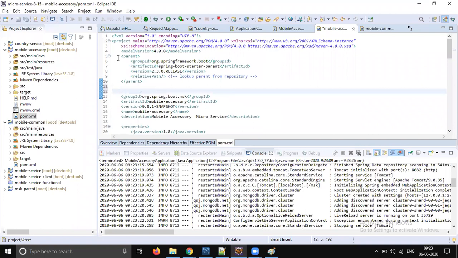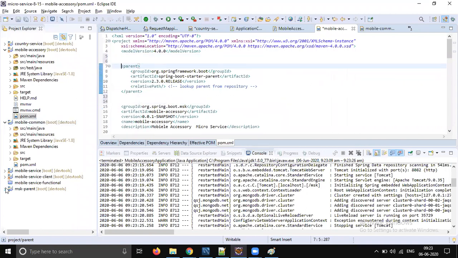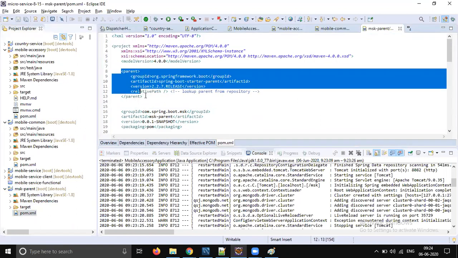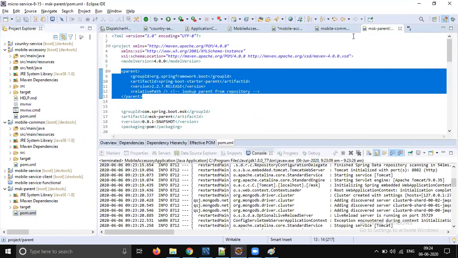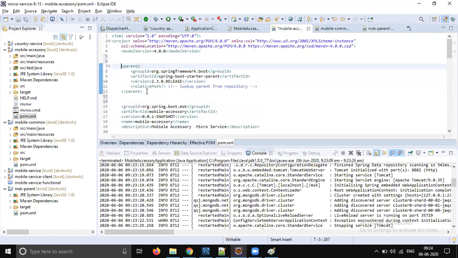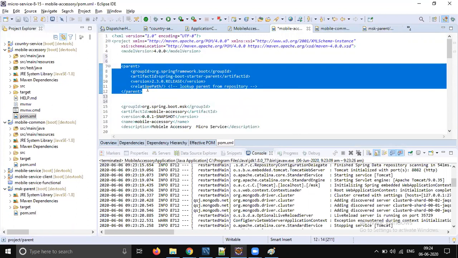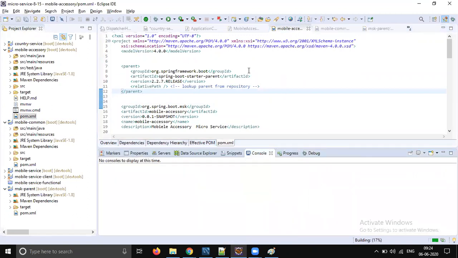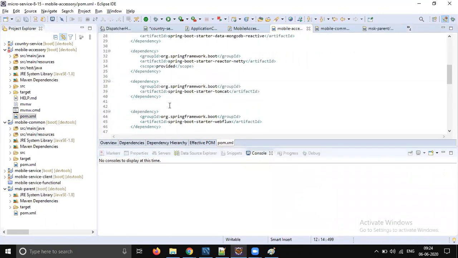The proof is this: in parent, we are using 2.2.7. Anyway, we have to make accessory a child of parent. This issue is coming with the latest version of Spring Boot. I think there were some package level changes. No problem.